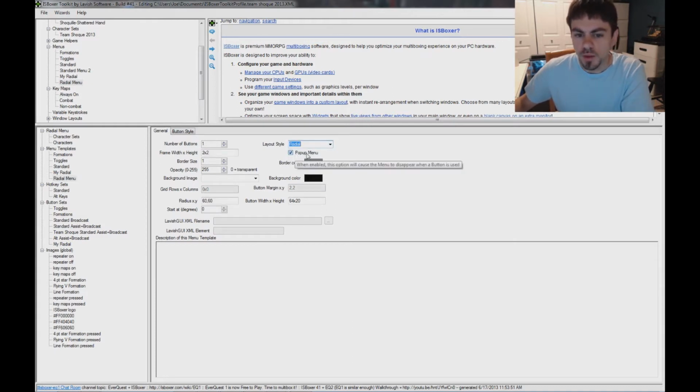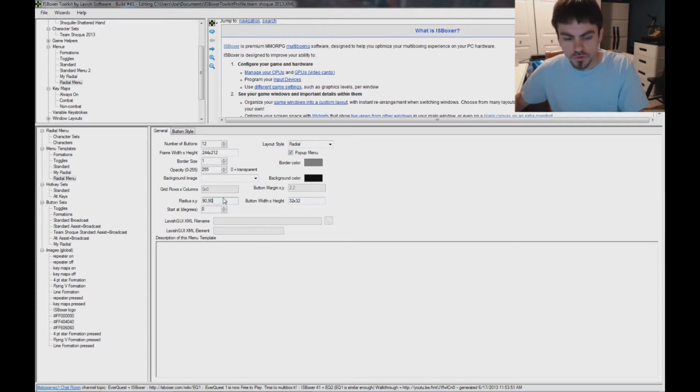And that sets it to a pop-up menu, which makes it so when you click on one of the buttons, when you activate one of the buttons, the menu is going to disappear automatically. So I'm going to set it up just like the other one to be sort of a clock with 12 buttons. And when you set the radius, it's automatically going to adjust the frame width and height to be larger if it's too small. So I'm going to set this to 90 pixels in both directions. Button width and height, I'm going to set it to 32 by 32,